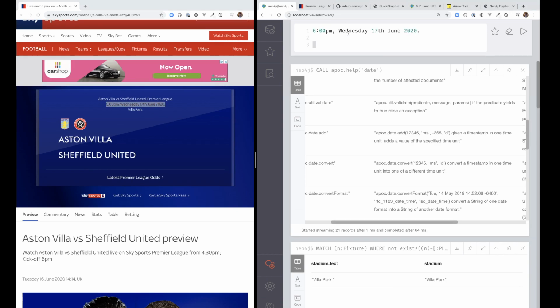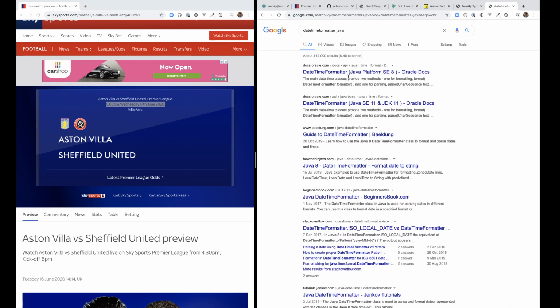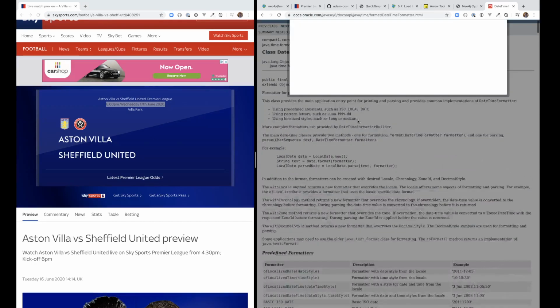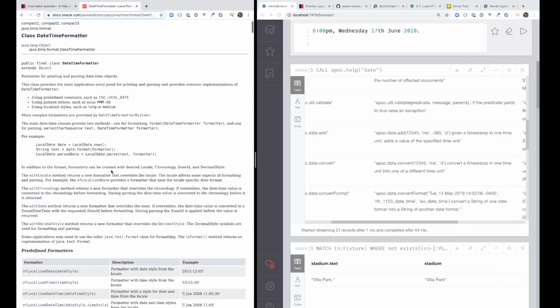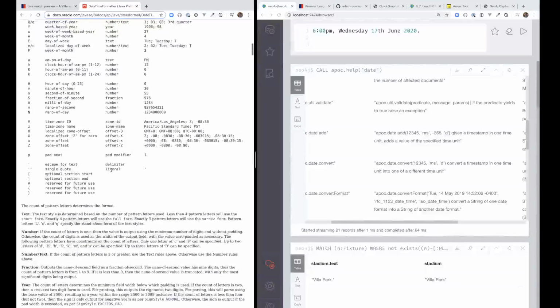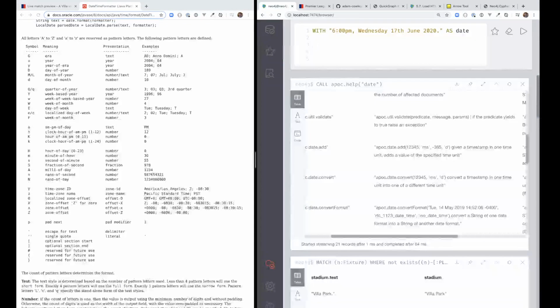Cool. So this uses a datetime formatter in Java. Basically, we want the syntax from that in order to convert it. These are the values that we have, so we just need to play around with those until we get the value that we're looking for. So if we say with 6 p.m. on 17th of June 2020 as the date,